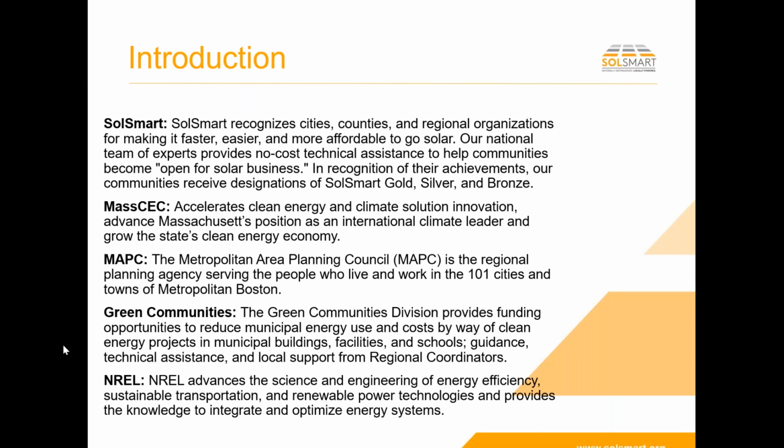So they do a lot of really great work helping communities do better by collaborating and aggregating across their entire network. The Green Communities Division, of course, is part of DOER. Regional coordinators help communities receive the Green Communities designation in Massachusetts and then become eligible for all sorts of grants. Again, it's a program that is the envy of many other parts of the country in terms of providing that level of support. And then, of course, NREL, a marquee national lab based out in Colorado,